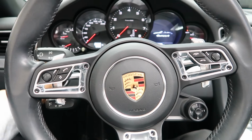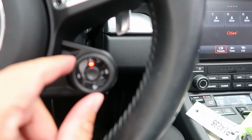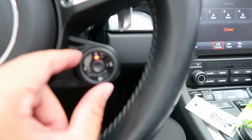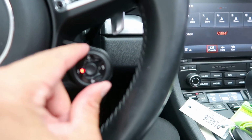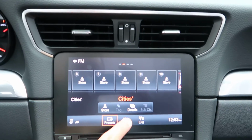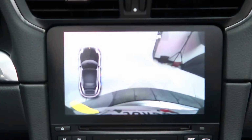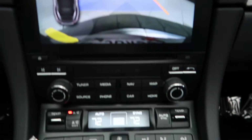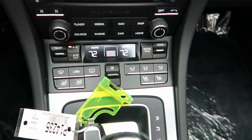Let's go ahead and start it up. Our different driving functions, we have Sport, Sport Plus, and 2 other features. Touchscreen media display, rear view backup camera with sensors, our keys for media display, climate controls, heated and cooled seats,